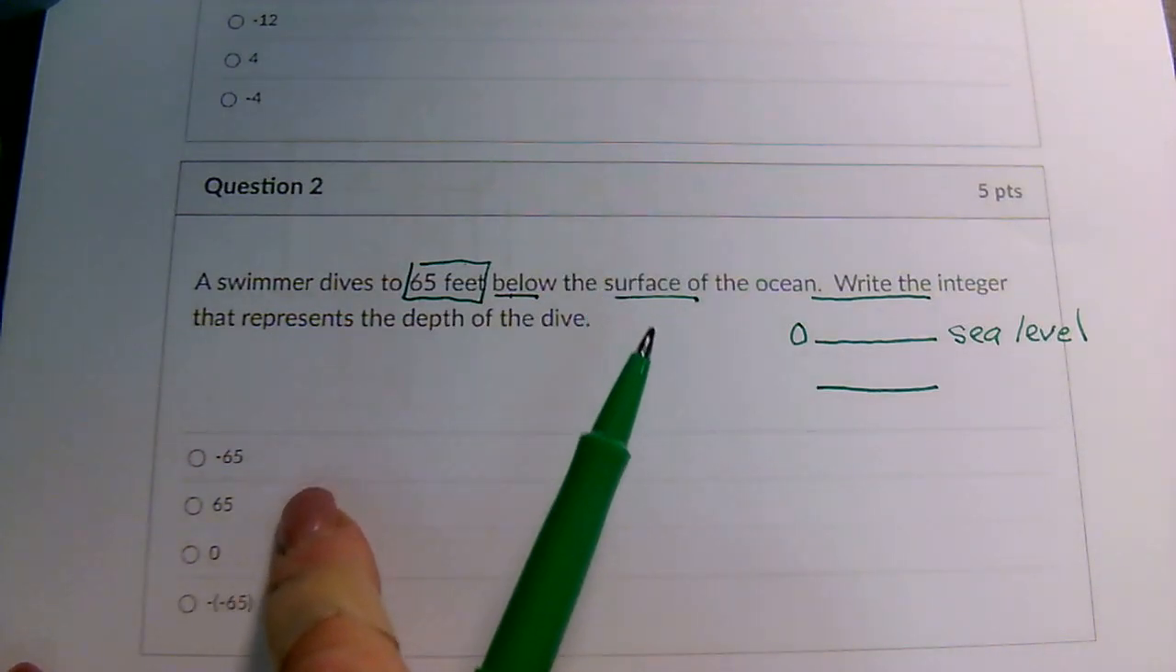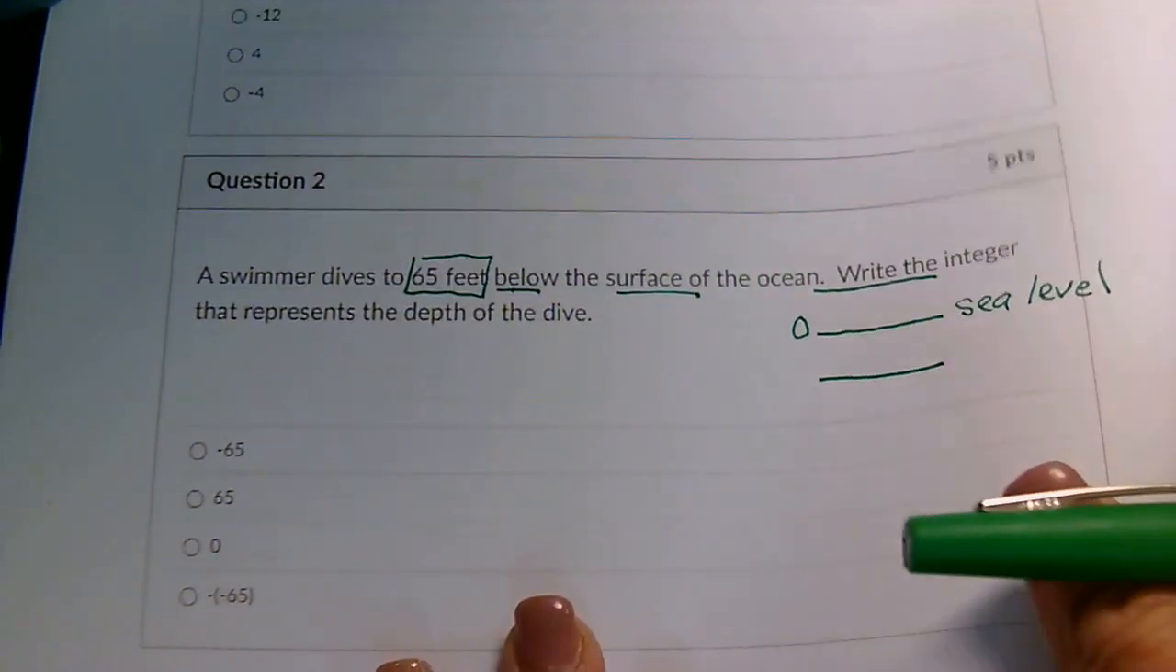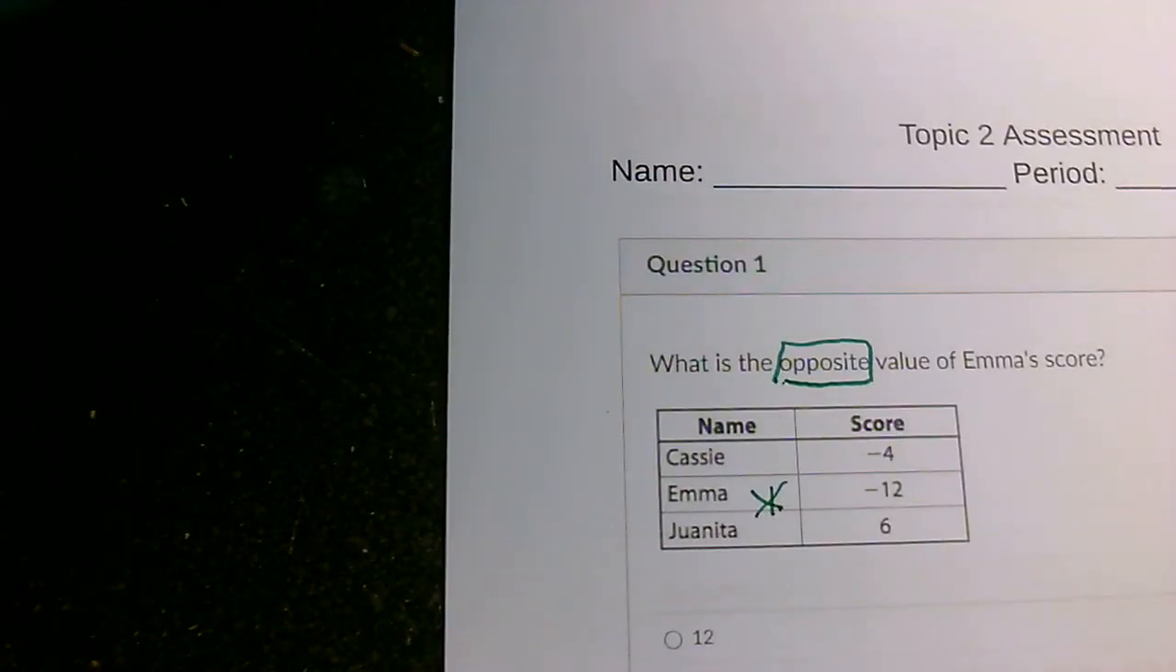You have -65, 65, 0, and a negative outside parentheses with a negative inside parentheses for 65, which means negative times the quantity of -65. Only one correct answer here. We're going to go to page 2, which is just slide on down on your screen,